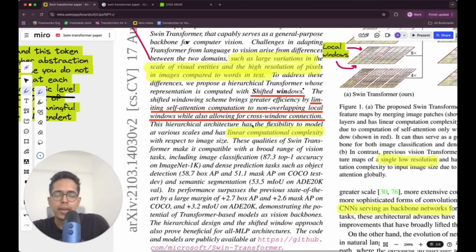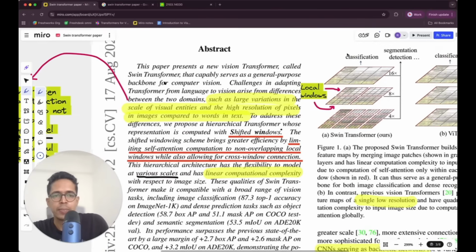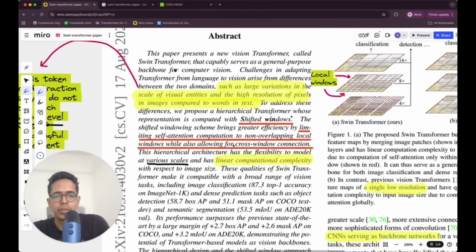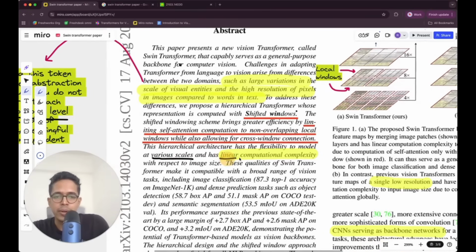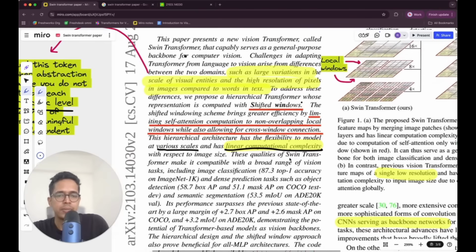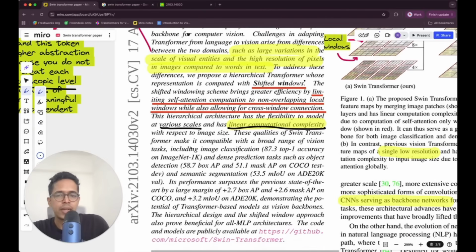This hierarchical architecture has the flexibility to model at various scales. We'll see what this various scale means. A representation is shown in this image, but we'll come to this. And has linear computational complexity. This is very, very important. Please pay attention to this. Swin Transformer has linear computational complexity with respect to image size, and Vision Transformer has quadratic complexity with respect to image size. These qualities of Swin Transformer make it compatible with a broad range of vision tasks, including image